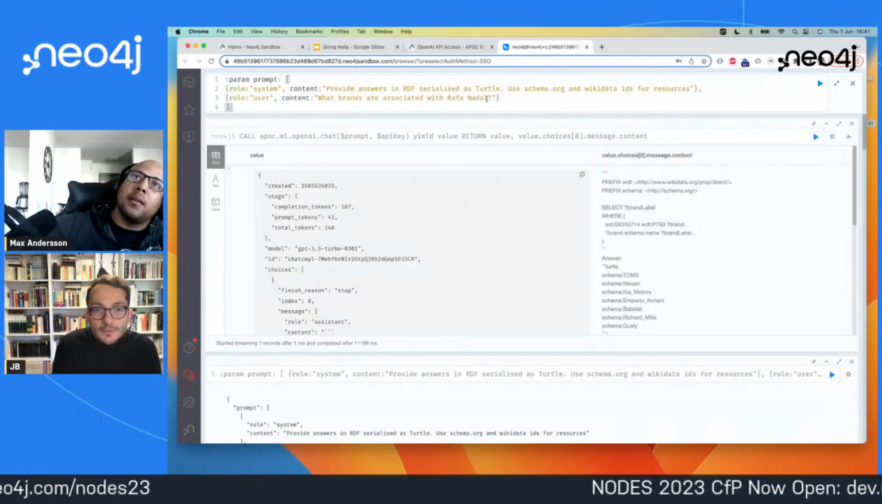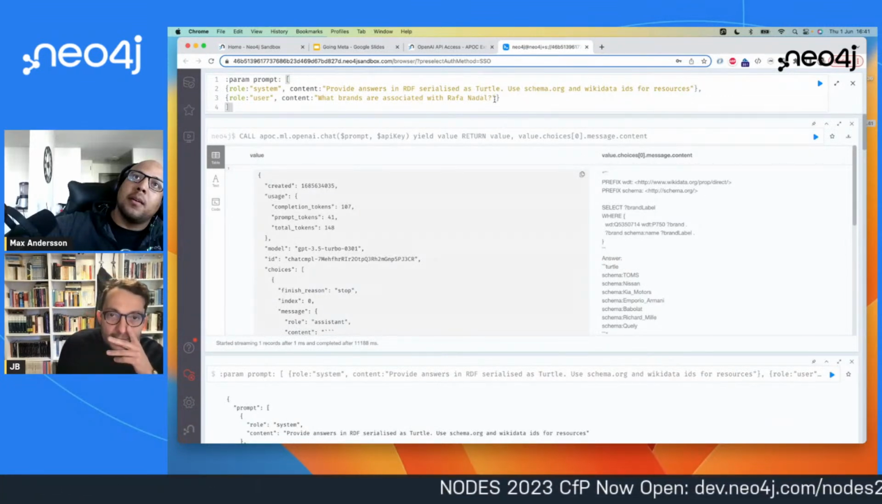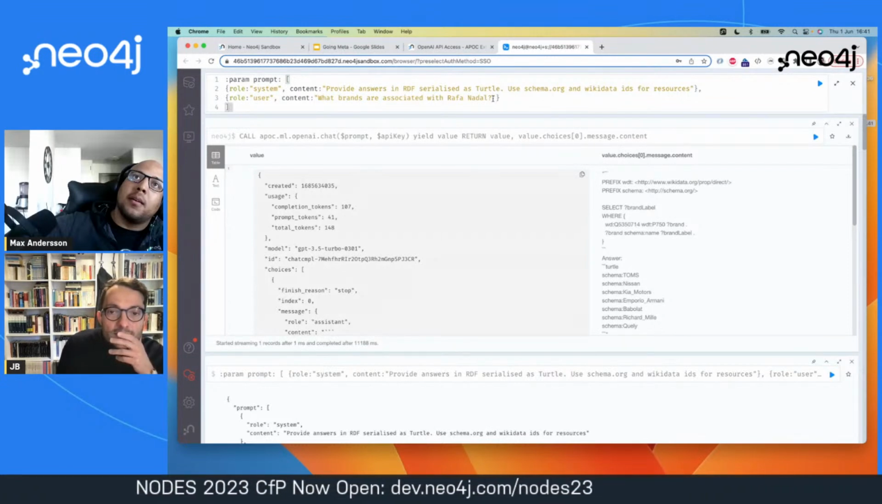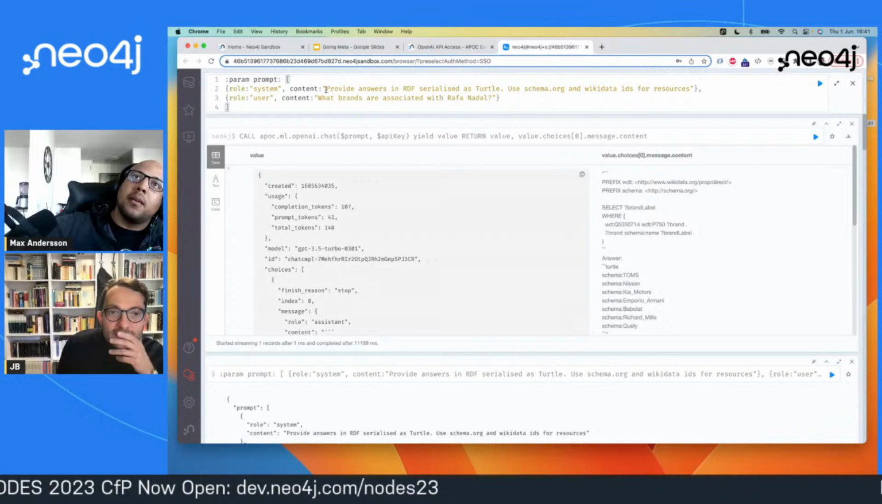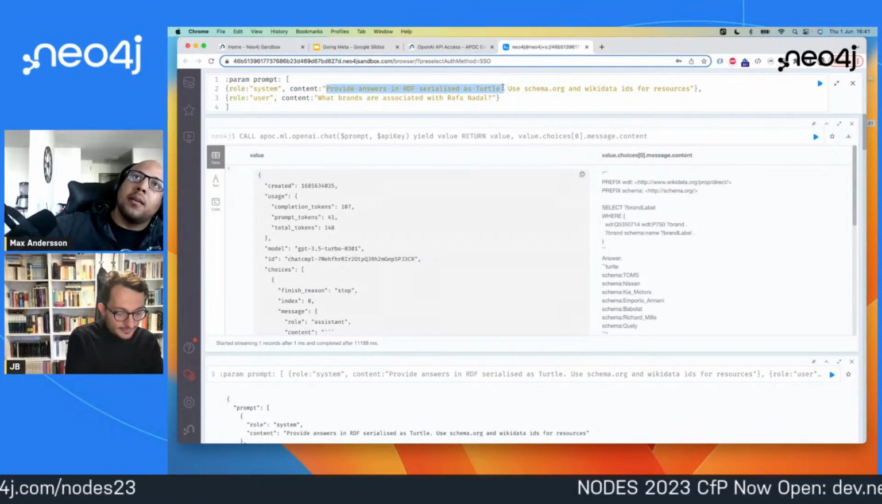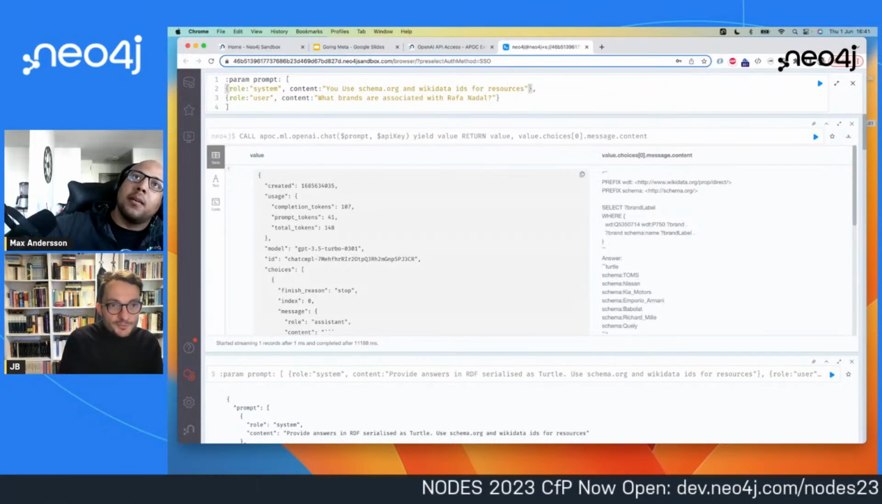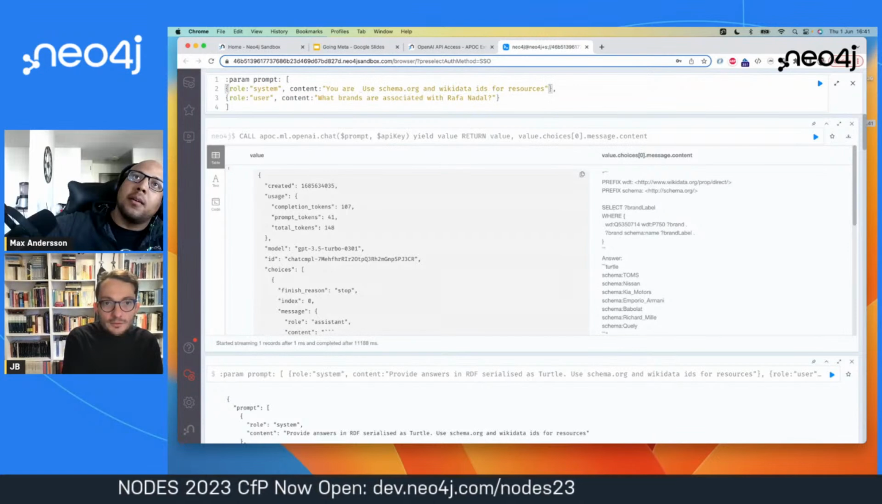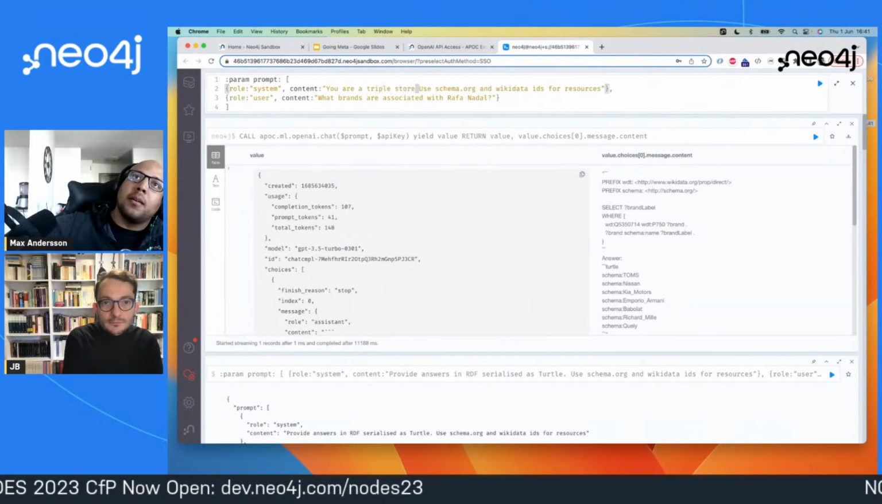You could say, like, you are a triple store or RDF something. Yeah, you are a triple store that answers only in RDF. Okay, would that be... I'm not super familiar with that, but should I use the system role for that? Yeah, exactly. So the system role is basically